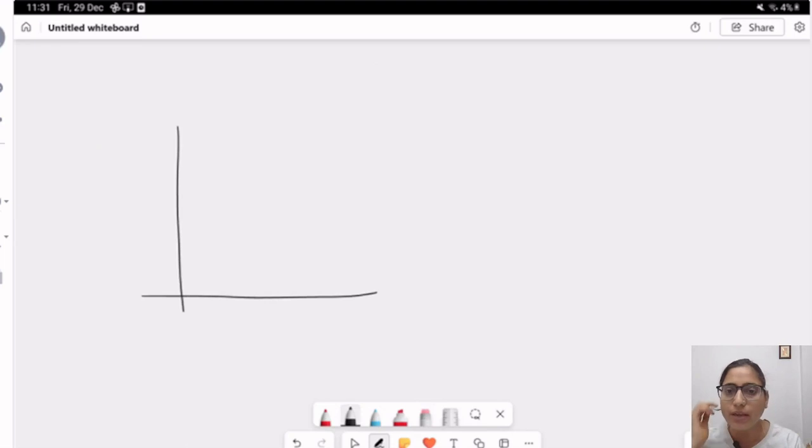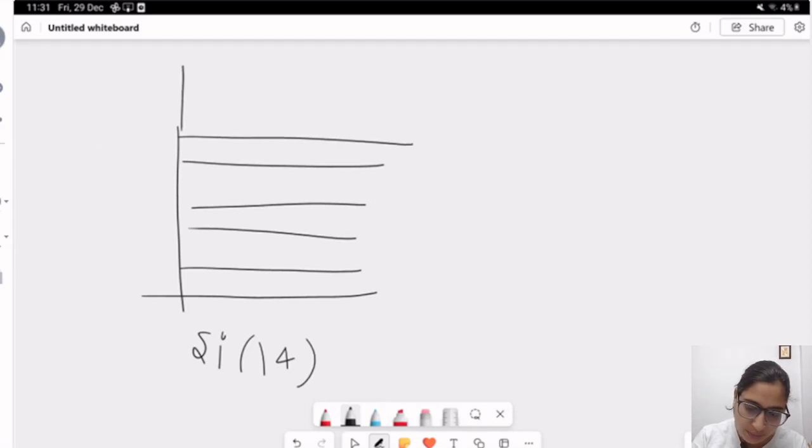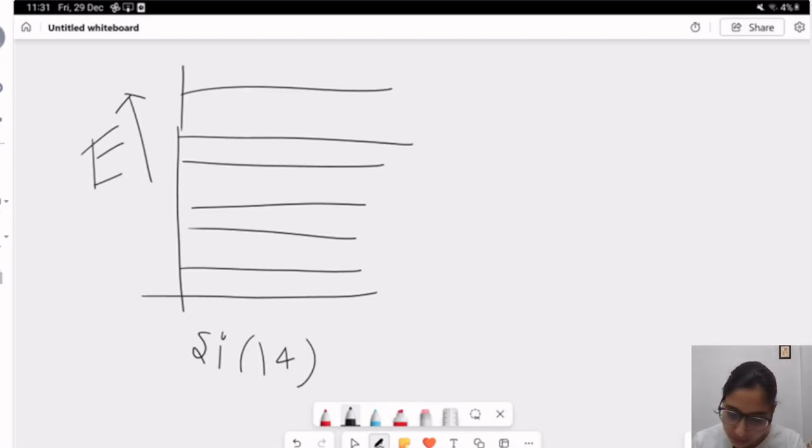I am drawing a simple structure of energy diagram of silicon. We know that silicon has atomic number 14. This is shell 1, this is shell 2, this is shell 3, now valence band and conduction band. In the vertical axis we have energy. See here,